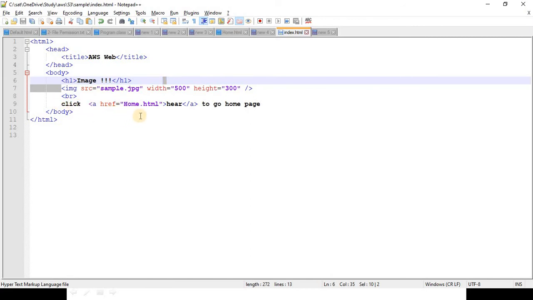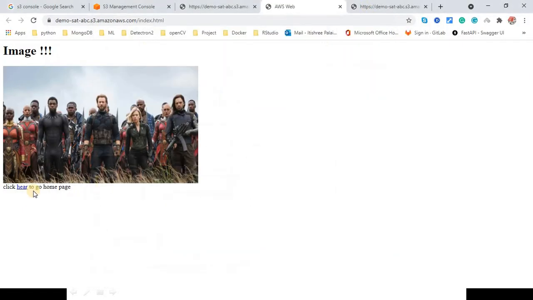Once you click a home button, it will navigate to the home page. So in this example there's a home button. If you see, click here to go to the home page. If I click, it will navigate to the home page, and if I click here, it will go back to the home page again.